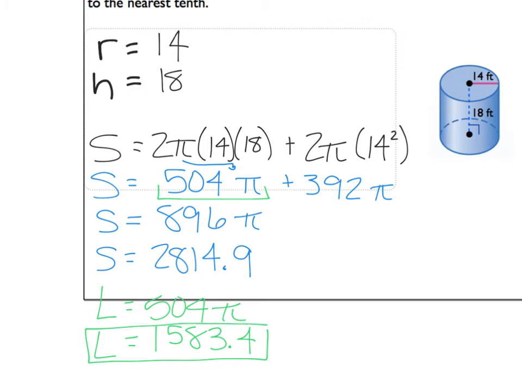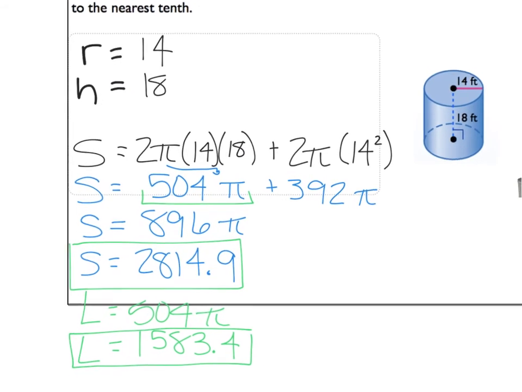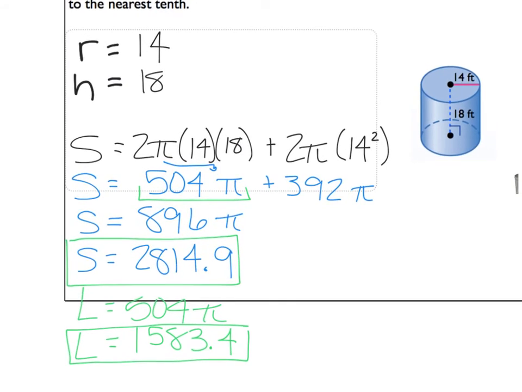All right, so we have our lateral area and our surface area. Again, all I needed here was the radius and the height. I plugged that into my formula for surface area, and then I used my exact answers as I was working. So I did all the multiplication, left the pi with it. At this point, I combined like terms, so I added the 504 and the 392 to get the 896, and I carried the pi along with me. And then to get my final answer for surface area, I multiplied that through to get the